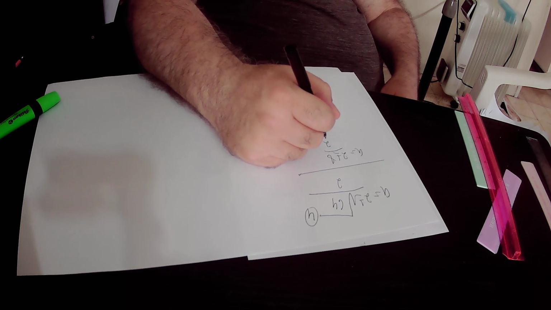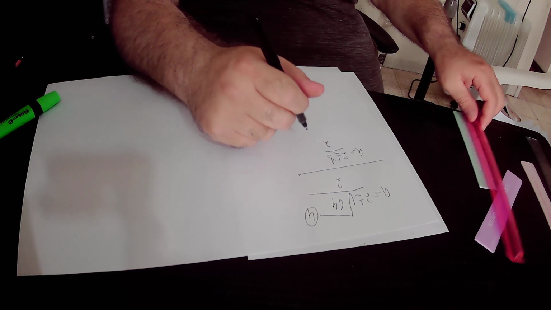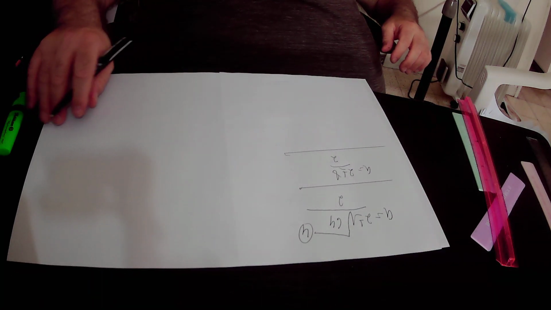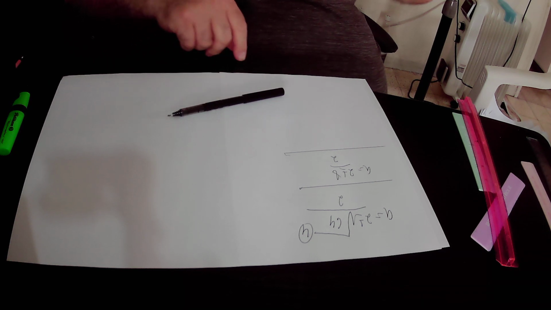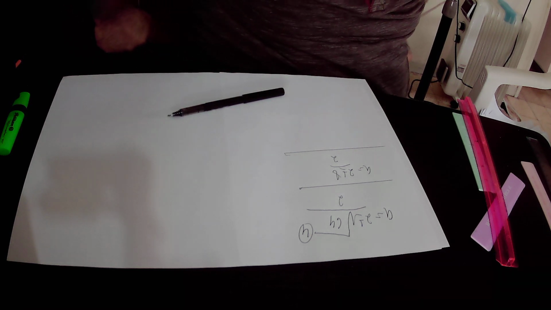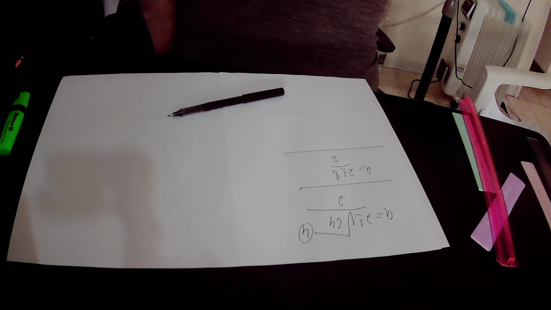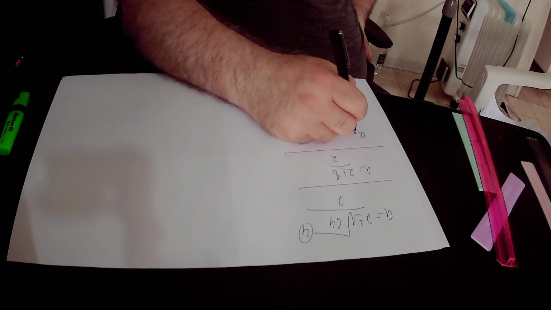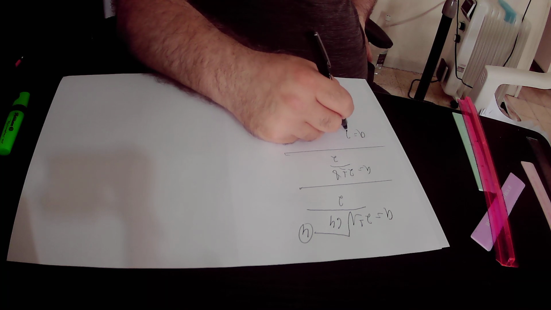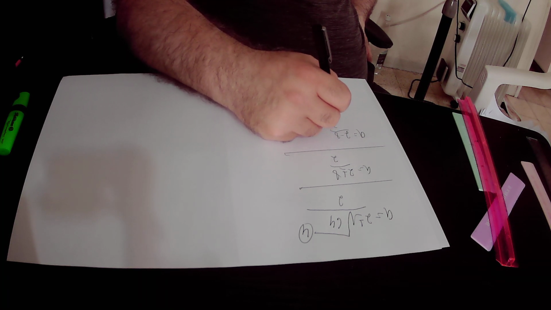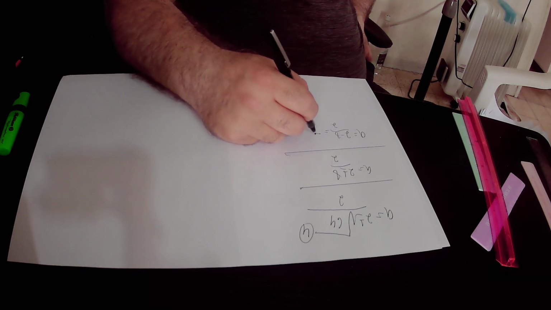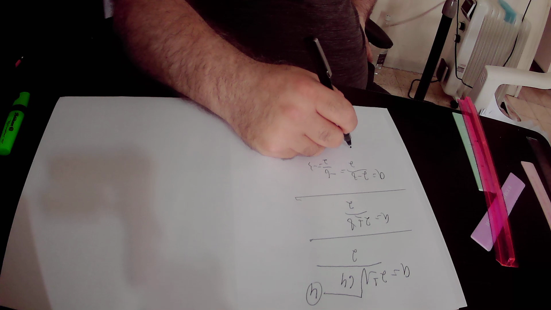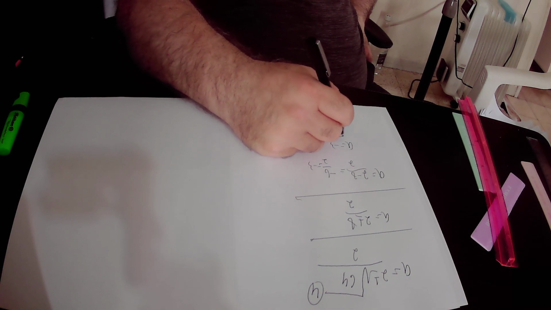So here we will have two possible solutions for a. The first solution for a is that a equals 2 minus 8 over 2. 2 minus 8 is minus 6, and minus 6 over 2 is minus 3. So we found out that a equals minus 3, that is a negative number,